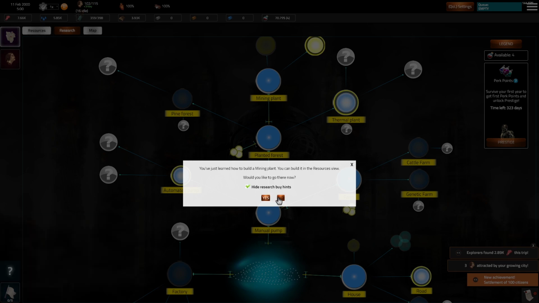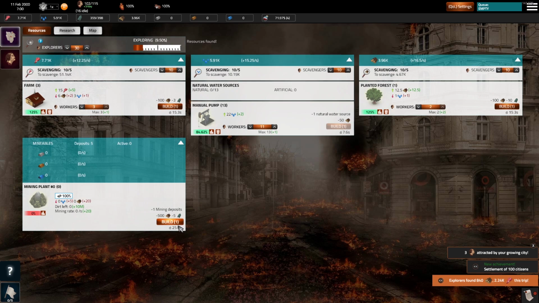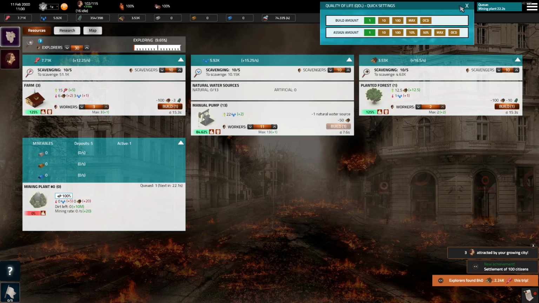Let's hide research by hints and say yes, just to be on the safe side. And let's build one of those. Build 2 of those in fact. So quality of life settings down here. Yes, so we can build